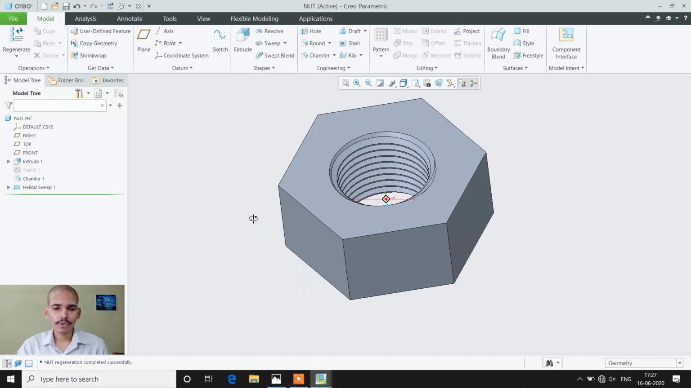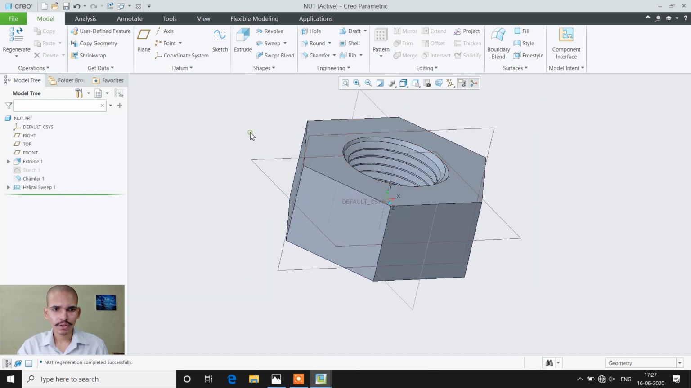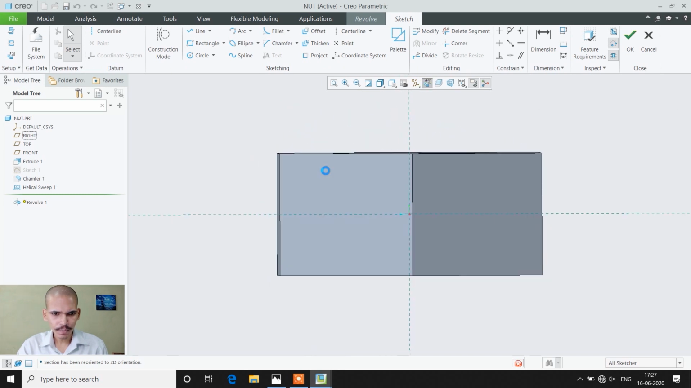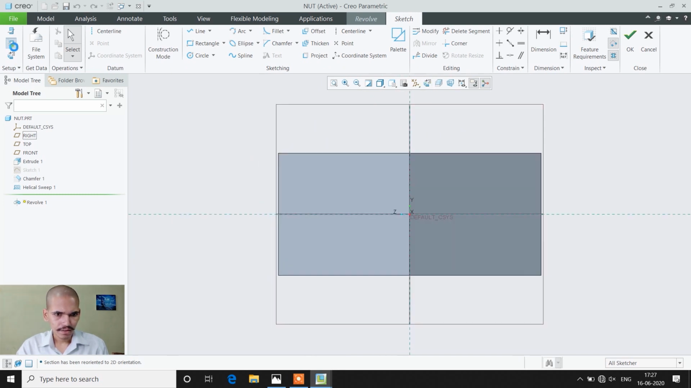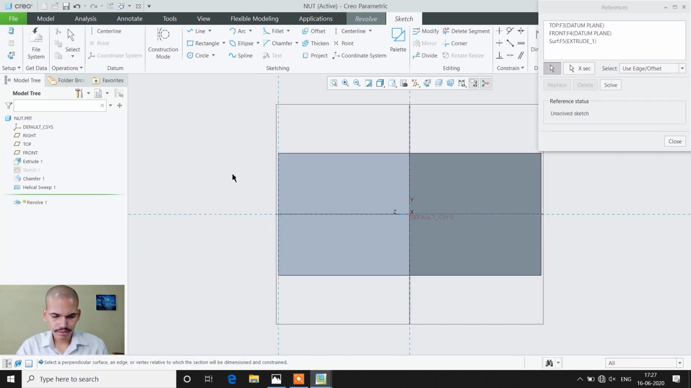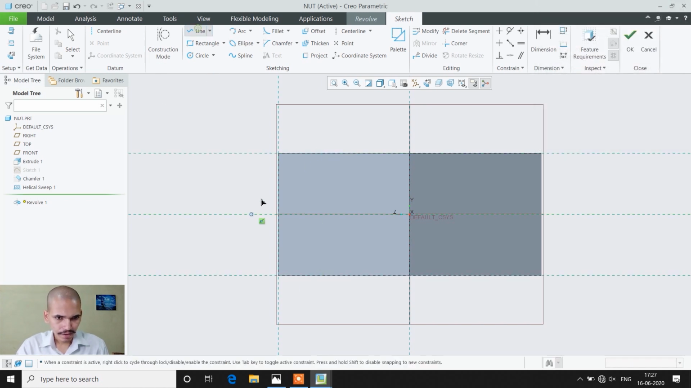At last we have to give here some groove. For that what we will do, we will go on right plane, we will revolve on this plane, we will go on sketch view, we will take the reference of this surface and this surface. We will create a line here